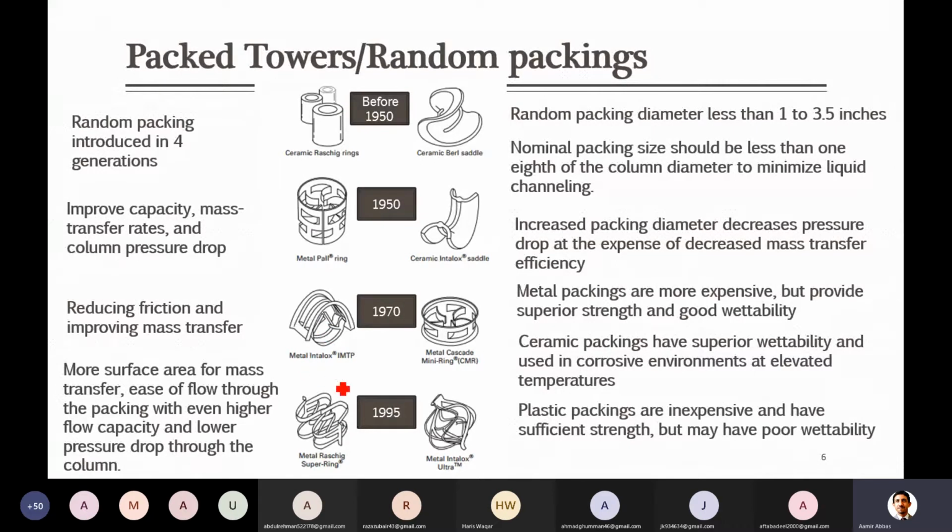So at least guys, later on when we design the equipment, there are various properties which we have to look for. They will usually be mentioned for the latest ones, which are shown mostly at the end, these four. I think properties are available for all of the rings, but these are more preferred, which are more efficient in terms of mass transfer and less pressure drop. So we will be using them. So at least remember their names somehow. If you can, at least 3 to 4 you should remember.